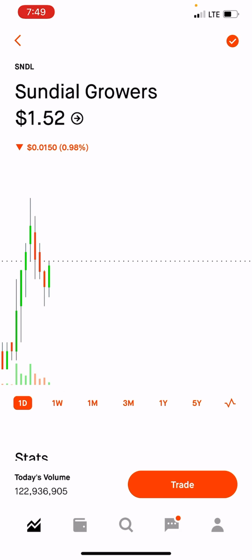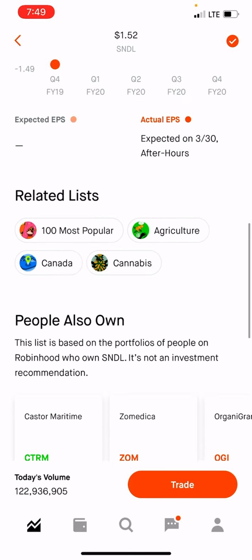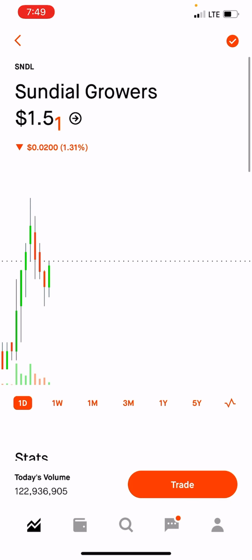Now we're going to do Sundial Growers. Sundial Growers, this is all a huge risk, but huge potential as well. Sundial Growers is a marijuana company, and it's a really hot stock right now. People are treating it like crazy. They still think it's going to blow up. We don't know what's going to blow up. This stock can actually collapse and be kicked out of the stock